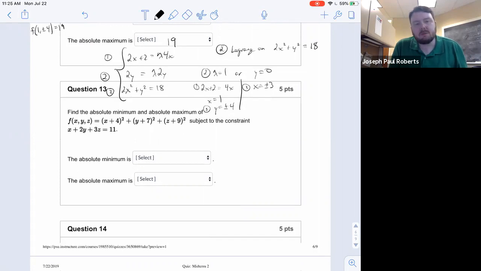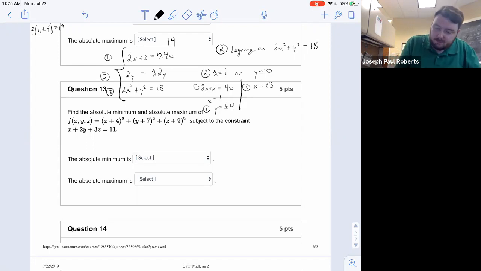The thing to realize is, remember, closed bounded regions are the only types of regions that we're guaranteed to have both an absolute maximum and absolute minimum. If you remember back to Calc 1, if your interval goes on forever, you might not have either a max or a min, and things happen like that. So this problem here does not have an absolute maximum,